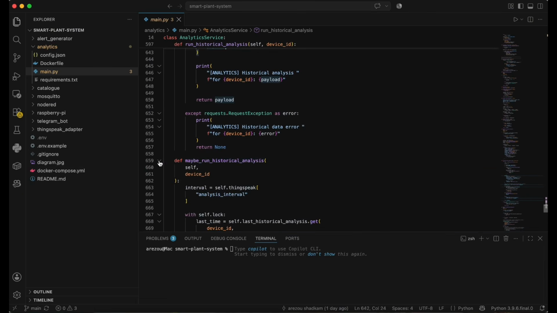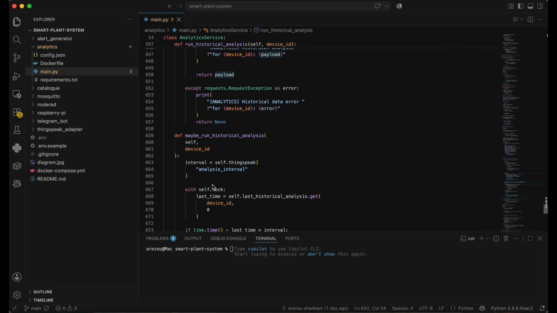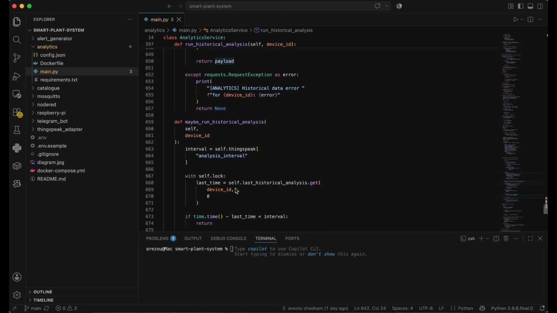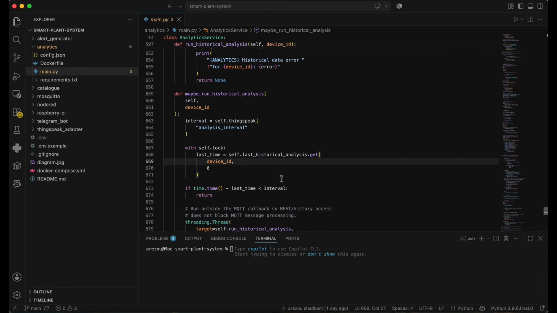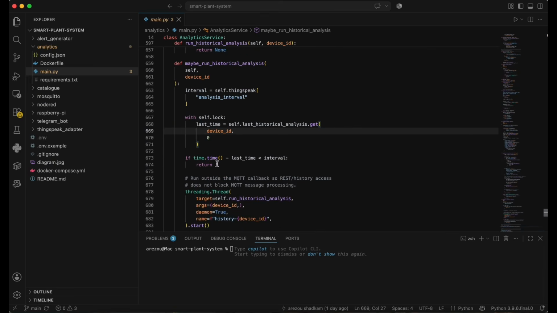Maybe run historic analysis decides whether historical analysis should run after a new MQTT message arrives. The last time means if the device was never analyzed, by default we set it to 0. Then if the time is less than the interval, meaning the current time minus the previous analysis time gives us the elapsed interval,